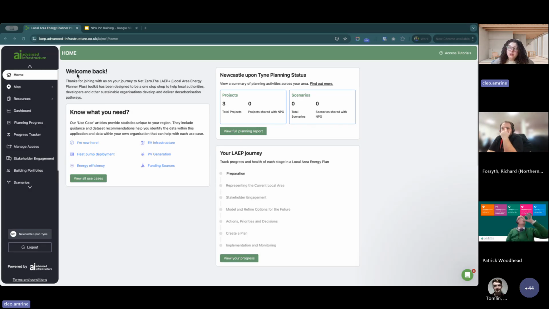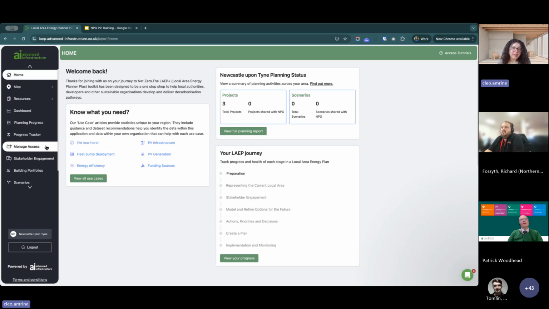The first way would be if you had invited those stakeholders to LEAP Plus and you wanted to work together with them and give them access to the platform, you can certainly do that. If you have an admin at your local authority, or if you are an admin, you can go into this manage access panel right here, which I won't show because it would reveal user emails. But if you go in there, there is an option to manage user permissions. If you go to that tab on the panel, you could then change which data sets a user has access to, or you can select a user uploaded data set and share it with specific individuals. So you could share that with stakeholders.